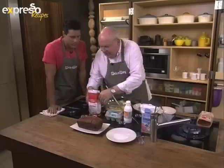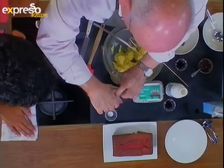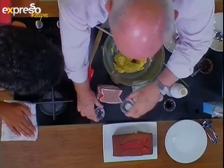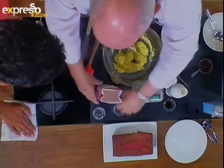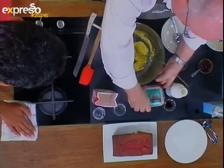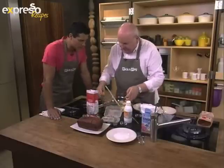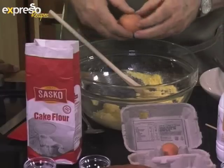Now here we've got our flour, and that's some baking powder. All right. And we've got just a pinch of salt, always a pinch of salt. Absolutely. Now, the one thing that I like to do, when you get going on a cake, and we're going to put these 3 eggs in now, is each time you beat your egg in,